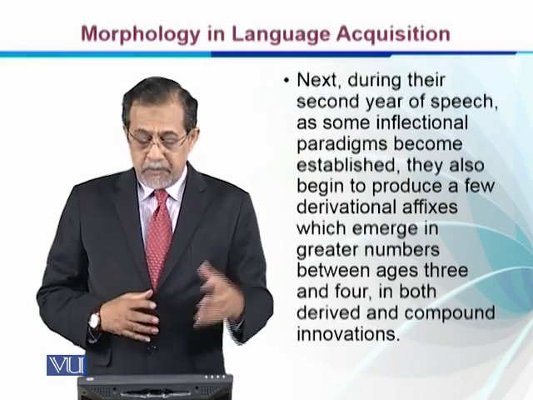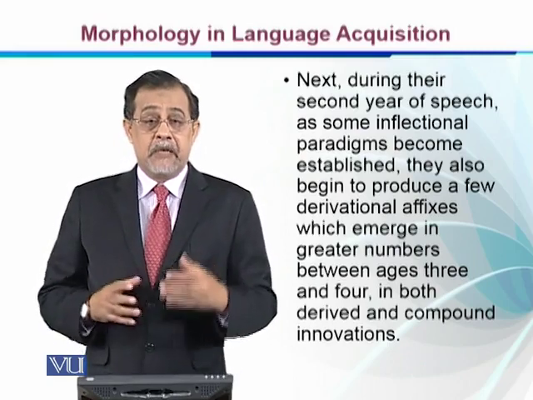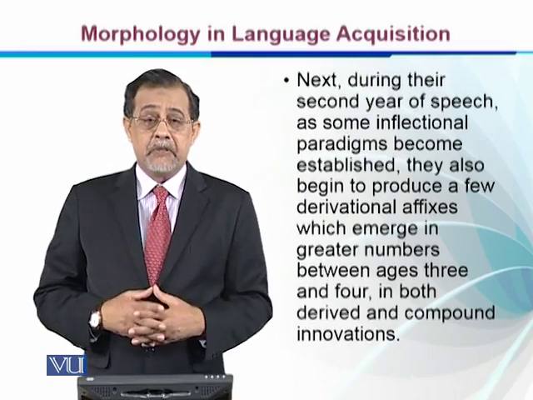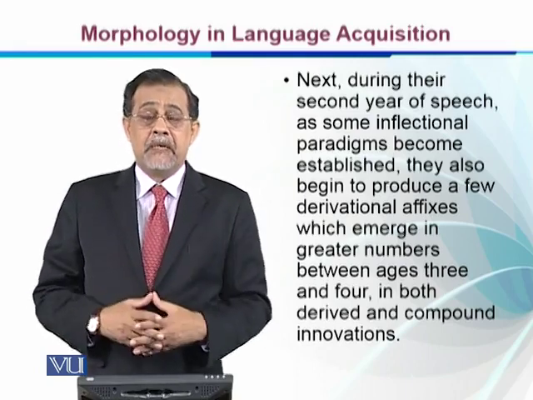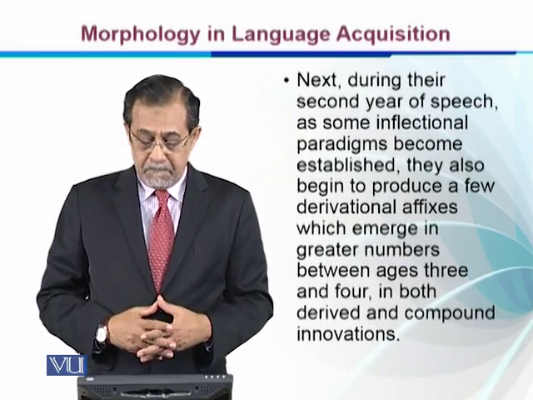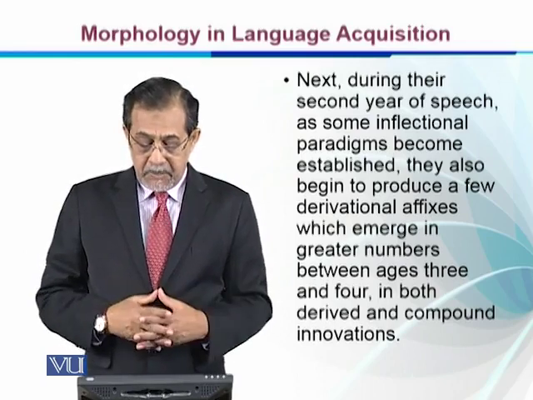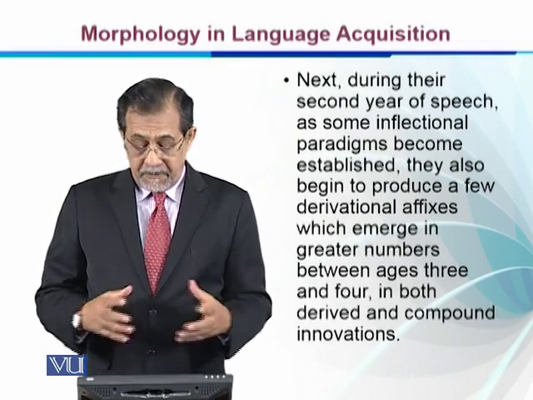They also begin to produce a few derivational affixes. They know that these are derivational affixes. They can change the parts of speech, right, which emerge in greater number between ages 3 and 4